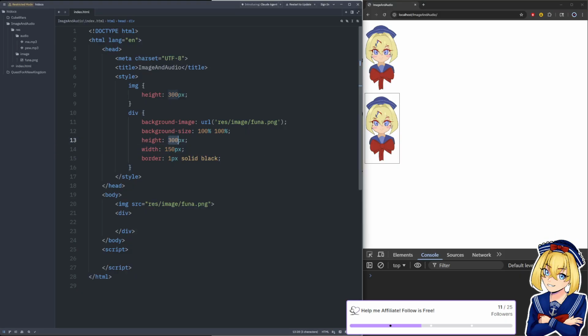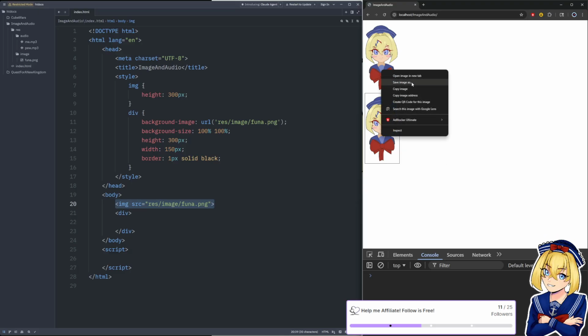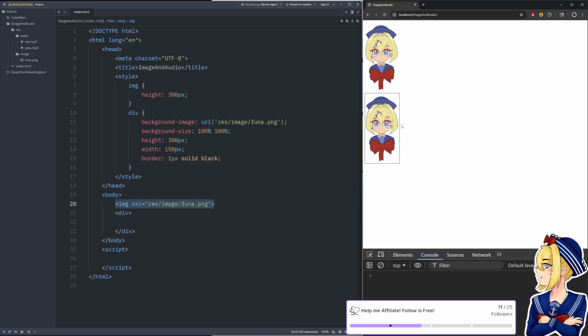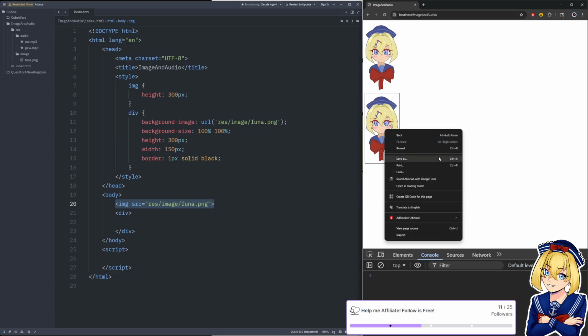So if you made your div the same height and width as the original image, then it's going to mimic the same look as if you used an image tag. And one major difference between the two is if I right click this, you see save image as. If I right click this, you don't see that.